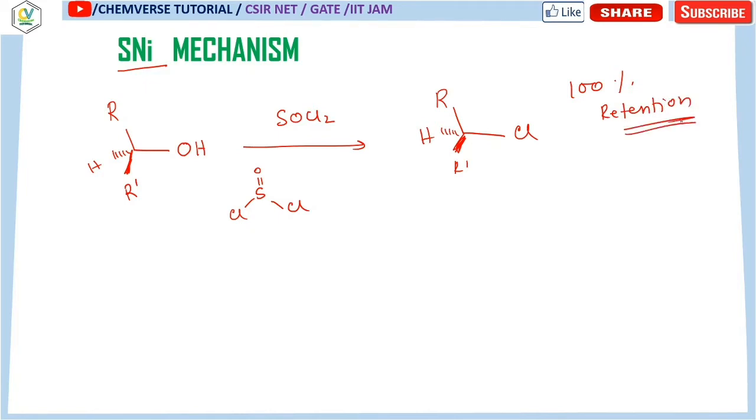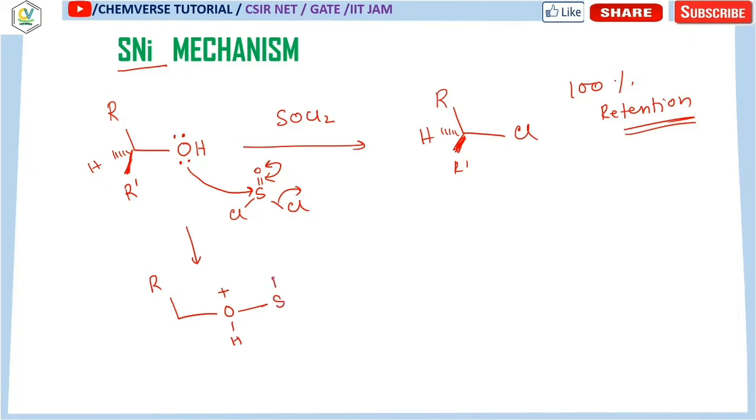So it is not the SN1 where 50% retention and 50% inversion take place. For SN1 racemization occurs, and for SN2 100% inversion occurs. But in this kind of nucleophilic substitution reaction, 100% retention is taking place. Now how to explain it? In order to explain this kind of reaction, look at the lone pair over the oxygen. This lone pair of the oxygen will attack this electrophilic sulfur center. It will form O minus, it will come back and remove this Cl minus. As a result of that, we will get something like this.